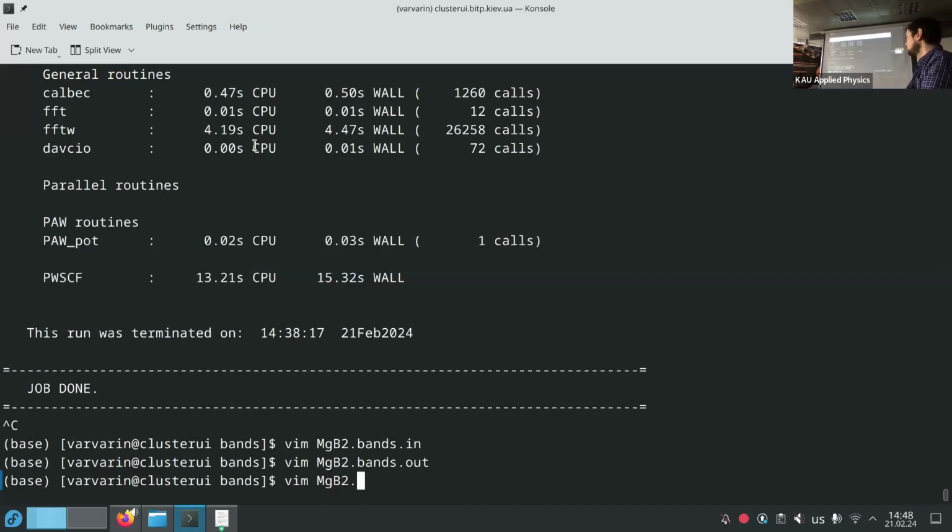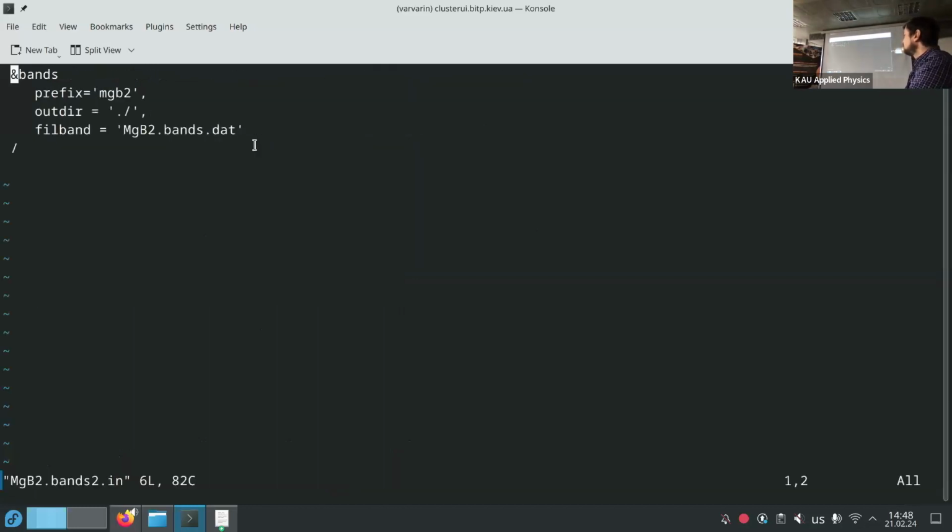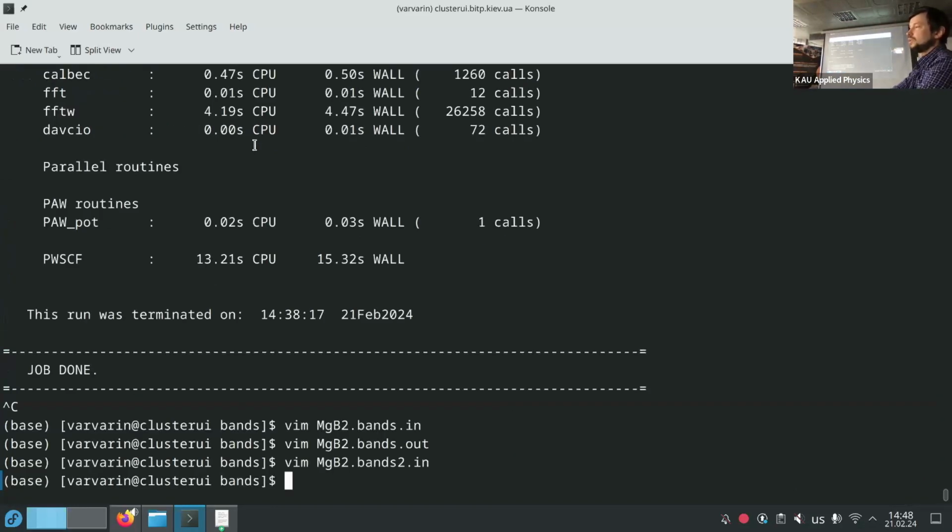You can calculate Bands2. Bands.x, yeah. And you should change the names of files in the script. So in file will be Bands2, and out file Bands2 out.